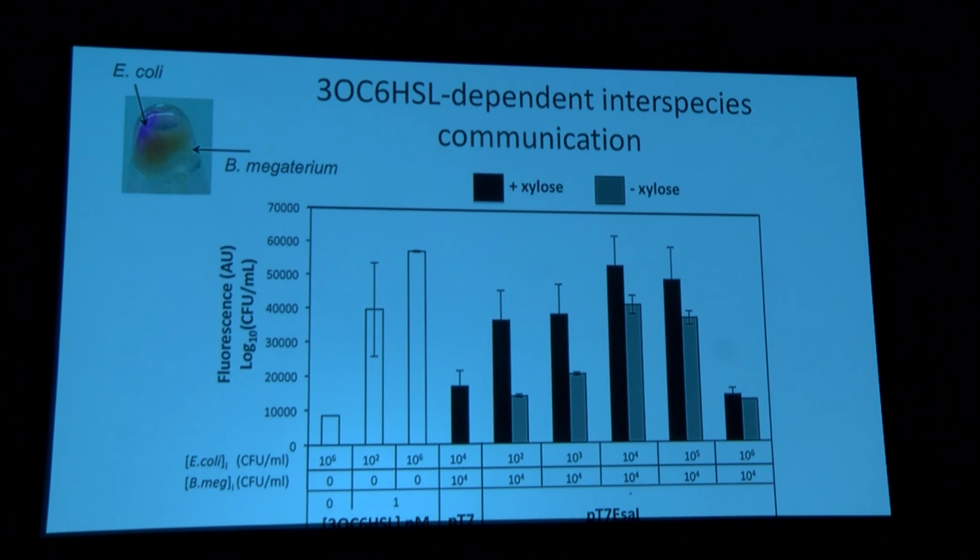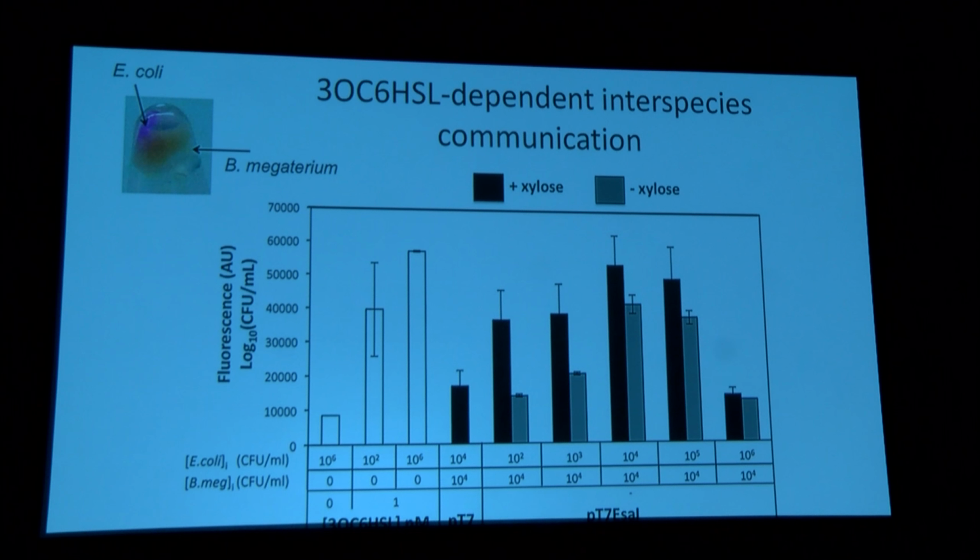And so then our next step was to actually see if we could do this with some communication between the cells. So we co-cultured our Bacillus and our E. coli. In this case, we used an mCherry producing E. coli that responds to the 3-OC6HSL. Because of the size difference of these cells, they actually sediment a little bit differently when we centrifuge them. So you can actually see the E. coli and the Bacillus here. This is a microcentrifuge tube, not candy, which you guys probably didn't necessarily visualize it like that because you just had snacks. And so then we can, of course, quantify this.